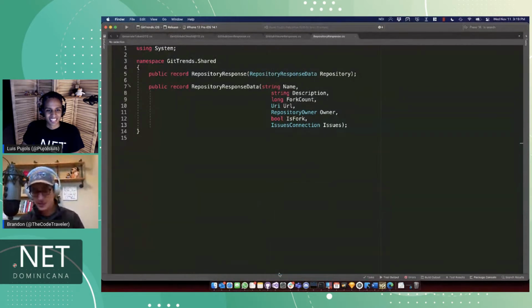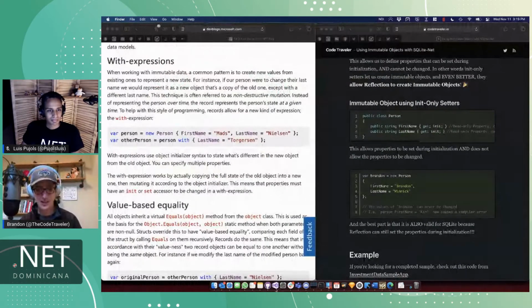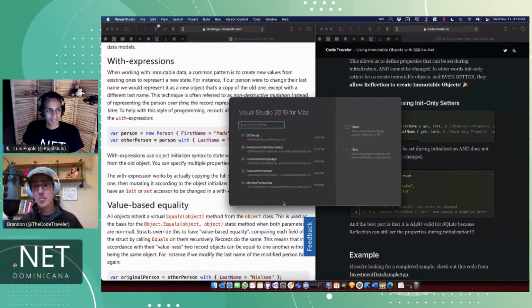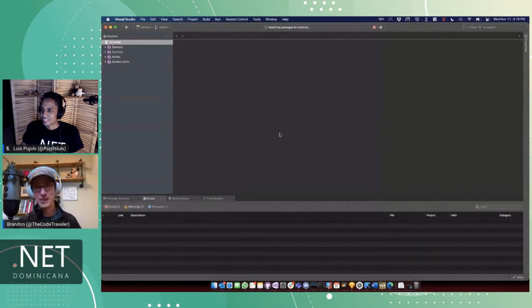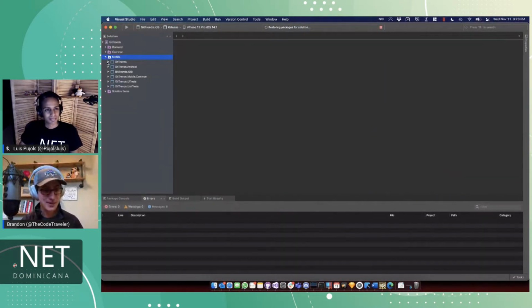So yeah, if you want to keep using classes, that's fine. If you want to keep hand creating all this boilerplate code, that's fine. If you want your objects to be mutable, meaning you can change the data that comes back from the API, that's fine too. But I'm on record that I'm against all of that. Everything should be immutable. Then take advantage of records because they'll save you the hassle of writing all that boilerplate code, and you get cool features that, now that Visual Studio came back online, I can show you